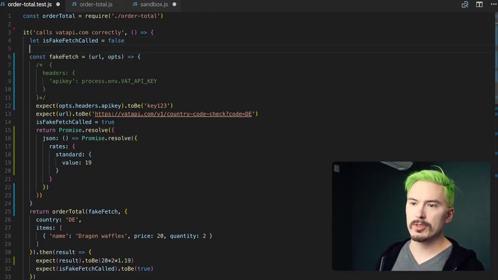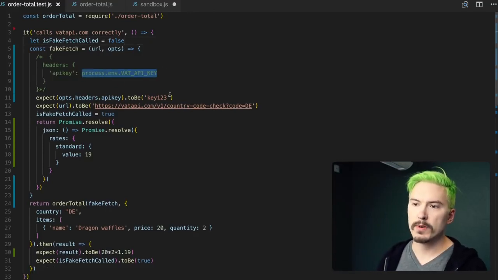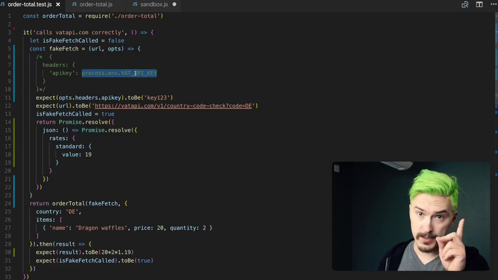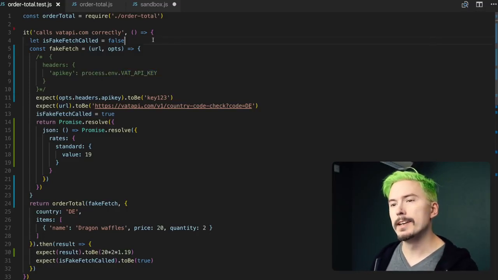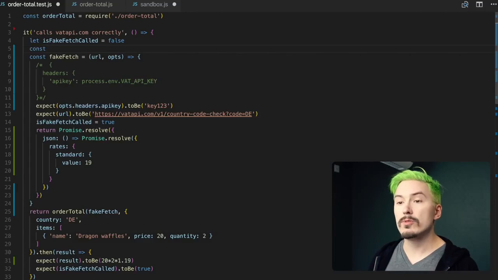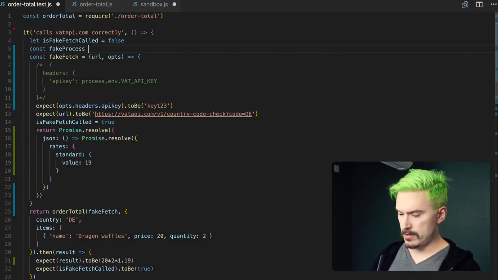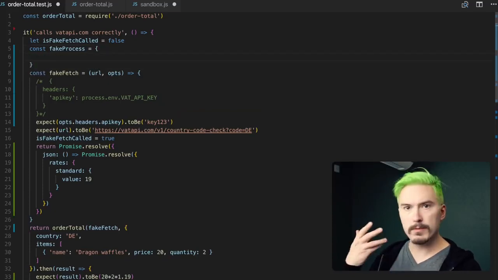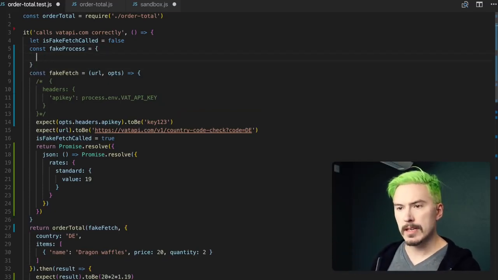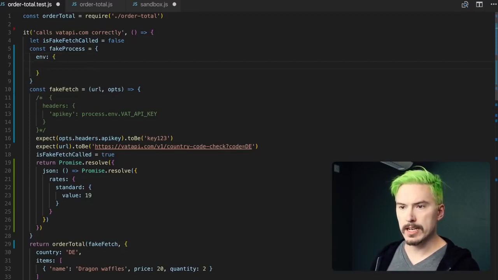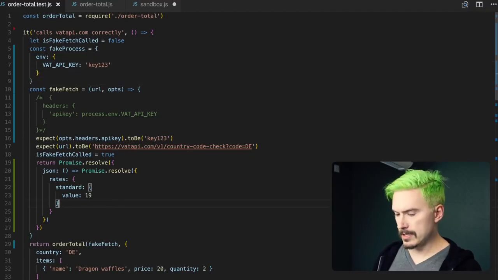here's the thing. Because this uses process here, we now have another dependency. And we need to create a fake process as well and pass that in. So functions tend to have multiple dependencies. And that has an env, which in turn has that API key, which in turn should be key 1, 2, 3. So let's actually